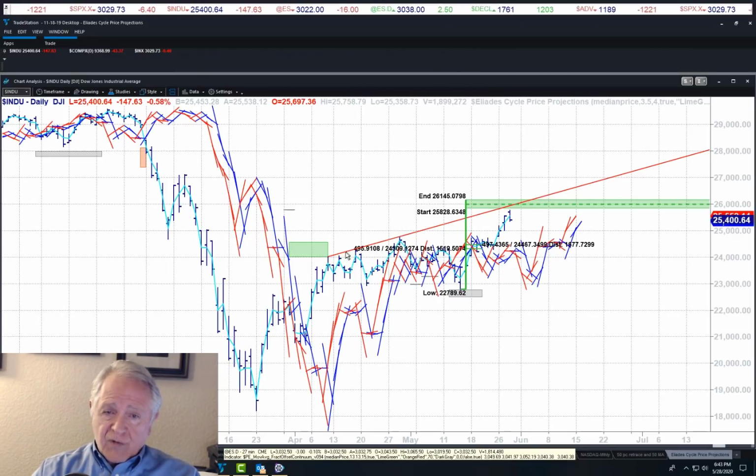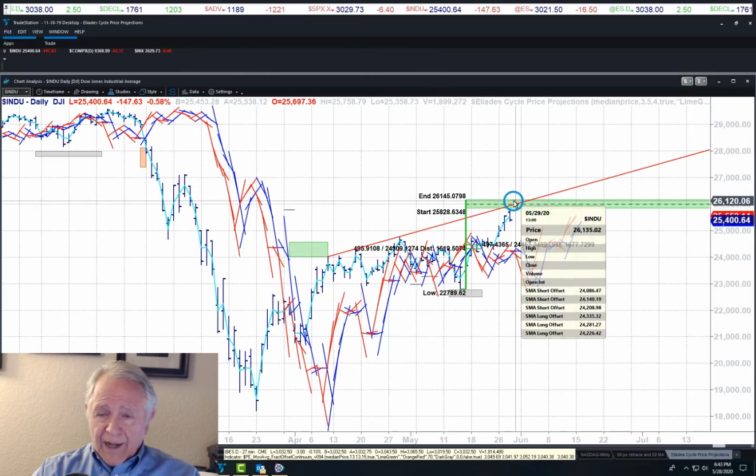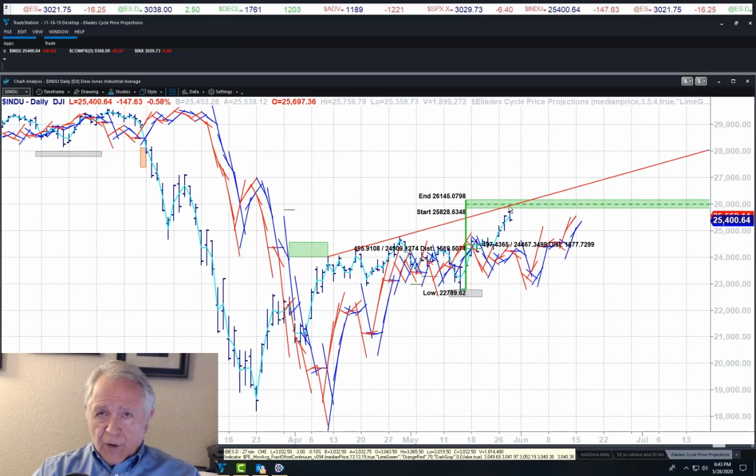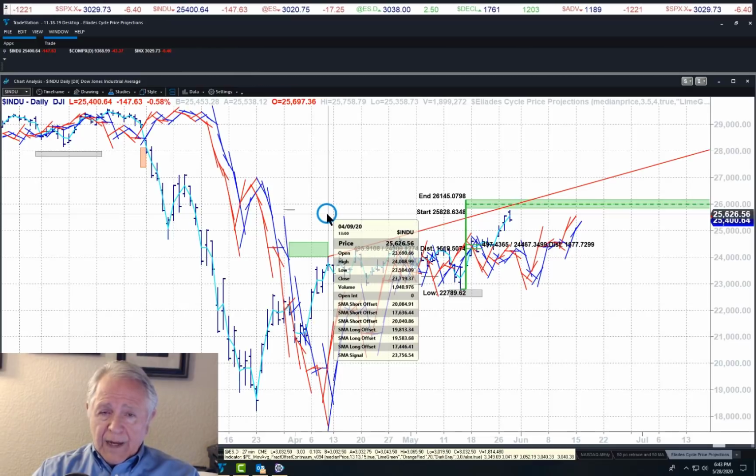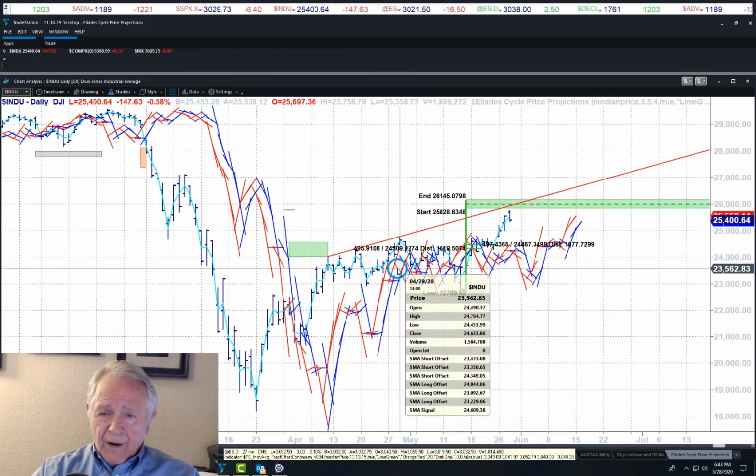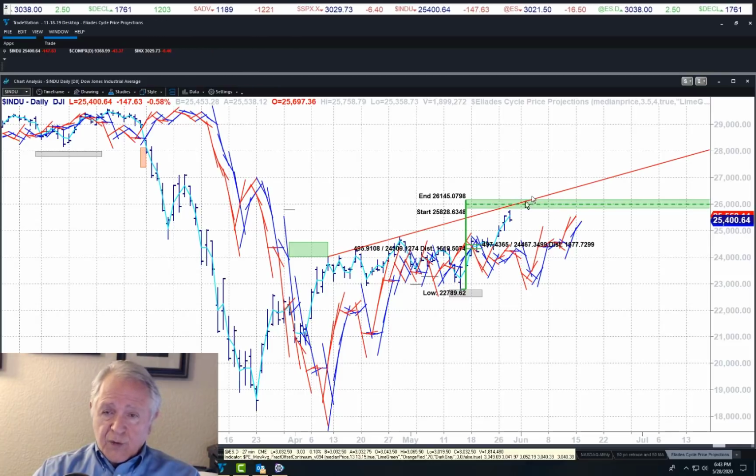We have this little trend line drawn in here, a 1, 2, 3-pointed trend line. That comes in right in around the projection window. So for those of you that are chartists, you might put this trend line in there. It goes from the high of April 9th through the high of April 29th. And this is where it comes in presently, right into the area of the projection zone. That's where we stand. I don't want to get too fancy. No more very short-term things. You can see what the larger picture is here. It's calling for higher prices, if not significantly higher prices.